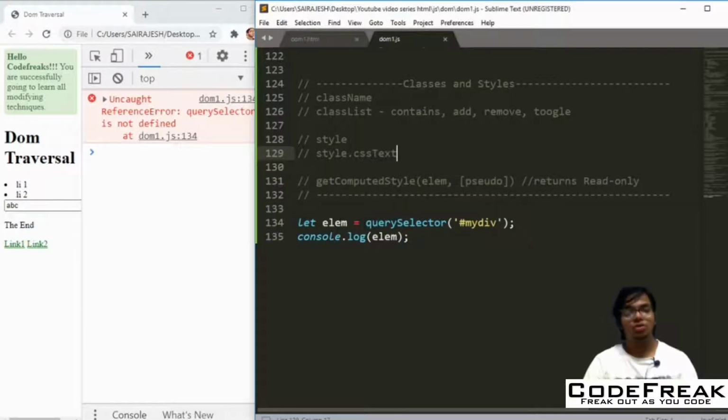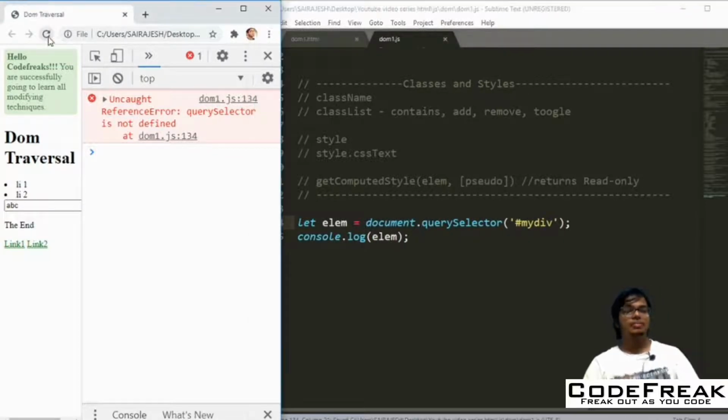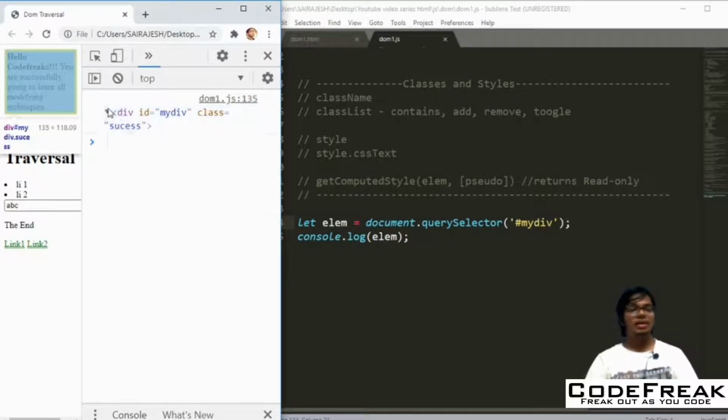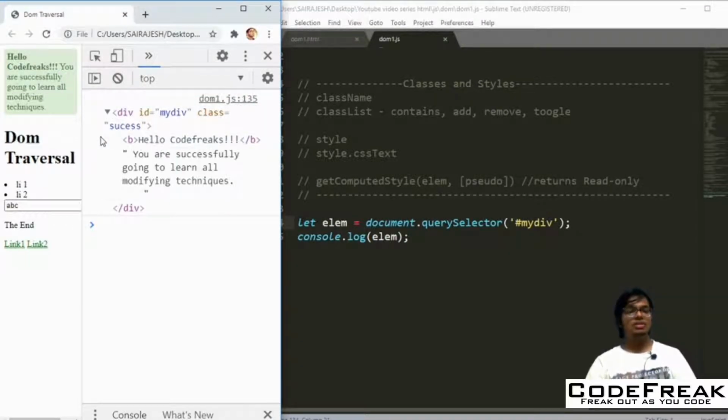Oh, I have to do document dot, right? It's such a silly mistake that I've made. So you will see that you will get this div with an id and with a class called success. Okay, so you can see that it's having all the properties of the success.